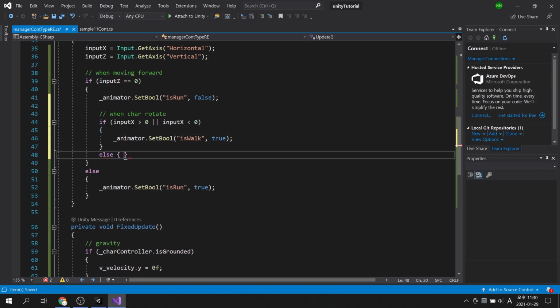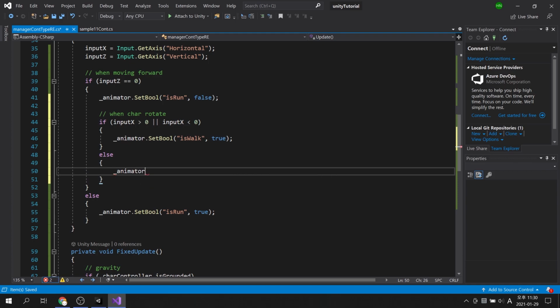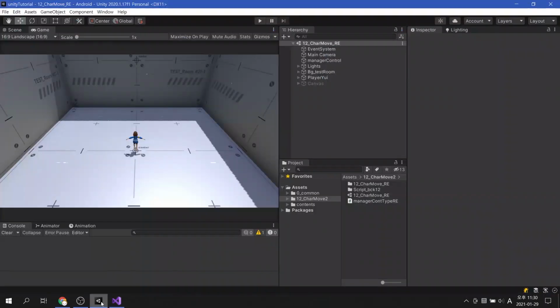If there is no keystroke, only the idle animation will play. You can see that the walking animation plays well when the character rotates.